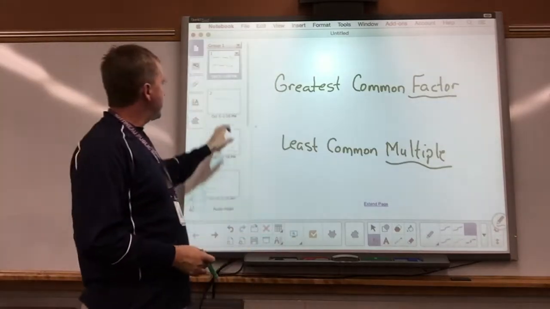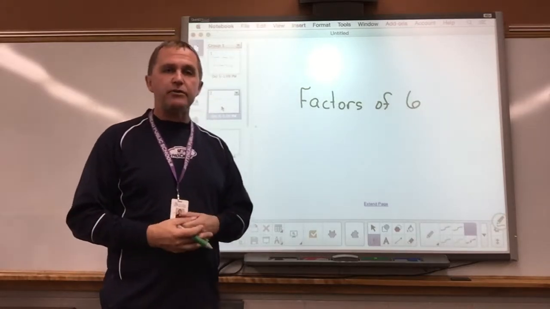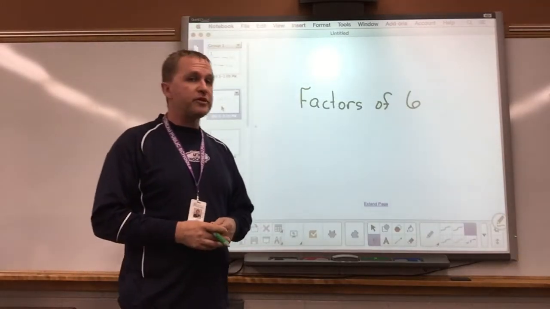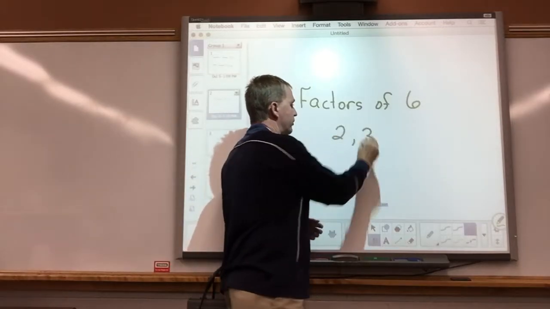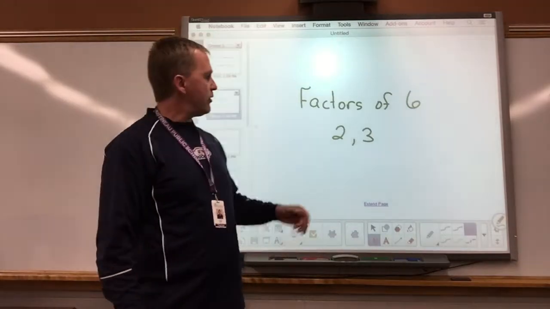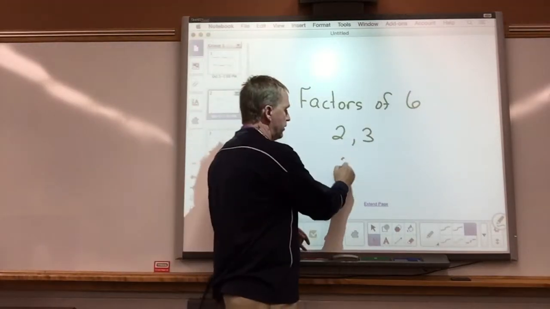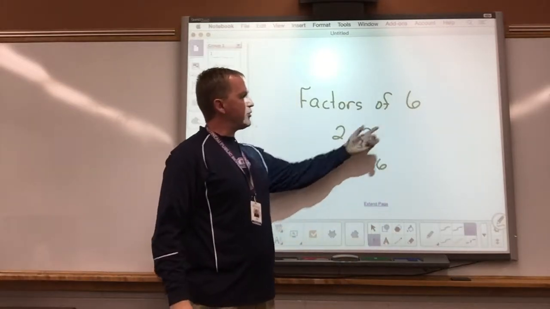So I'm going to start with greatest common factor, but I'm going to ask you this. If I asked you the question, what are the factors of 6? Most students give me the answer fairly quickly, and they say 2 and 3. And my question is, why do you choose 2 and 3? Well, you choose 2 and 3 because 2 times 3 is 6, but also